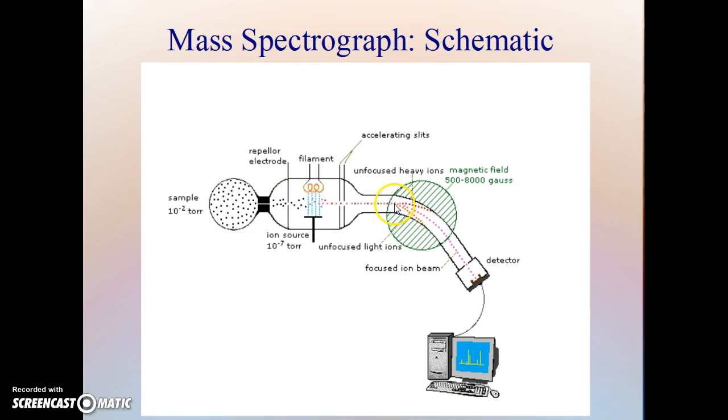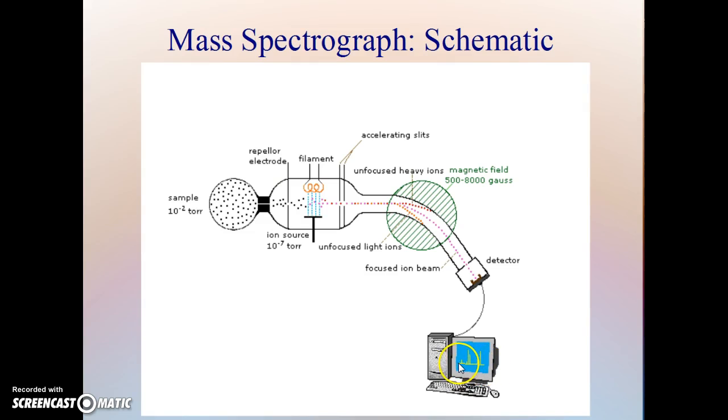So what happens is, as the operator works the magnetic field, the high mass particles are going to be detected on the far end of the instrument, and the lighter particles will be detected on the near end of the detector. That signal is then sent to a computer, displayed on a screen, printed out, so that, as you can see, on the horizontal,